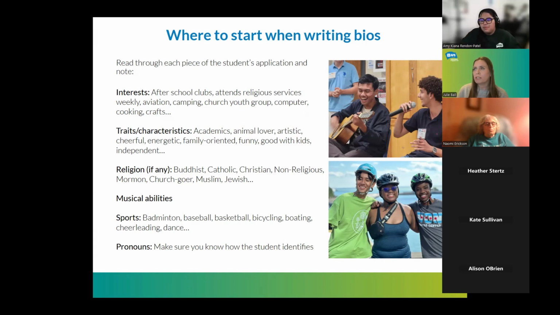Musical abilities, sports, maybe they're on the baseball team, maybe they like bicycling. I would hesitate, if in their application they say they like to dance from time to time, to say they're on the dance team. Just be honest, be true to the student. And then pronouns: make sure you know how the student identifies as you're writing the bio.